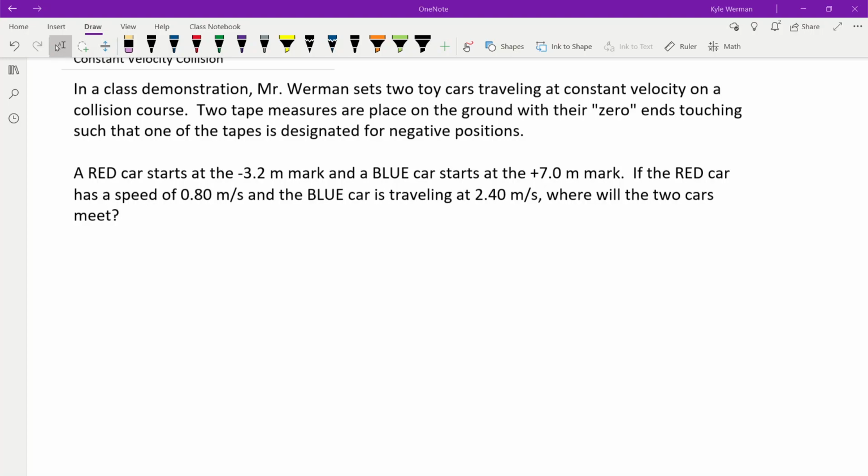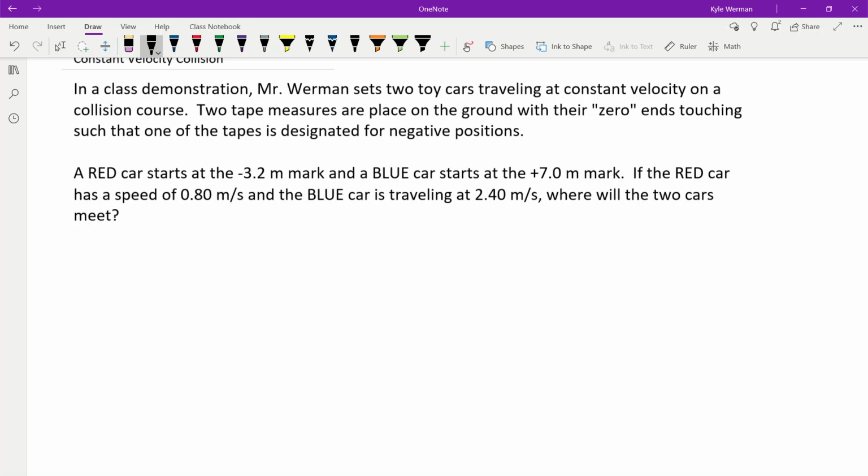In this example problem, we have two constant velocity toy cars that are on a collision course. You've got the red car starting at a position, the blue at another. They each are given a velocity, and they're asked, where do the two cars meet? All right, so when you read this problem, hopefully you envision these two cars going towards each other and colliding